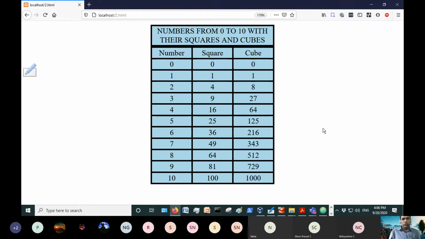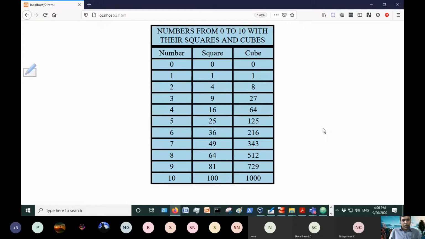So this is what the second program will do. Just this simple JavaScript program computes the square and cube of a number from 0 to 10 and displays it in the form of a table. Majority of this program uses HTML. To draw a table, we use HTML, and the background color, light blue, I have given.